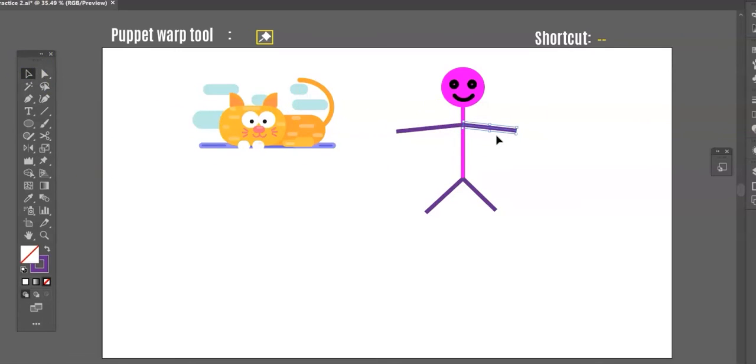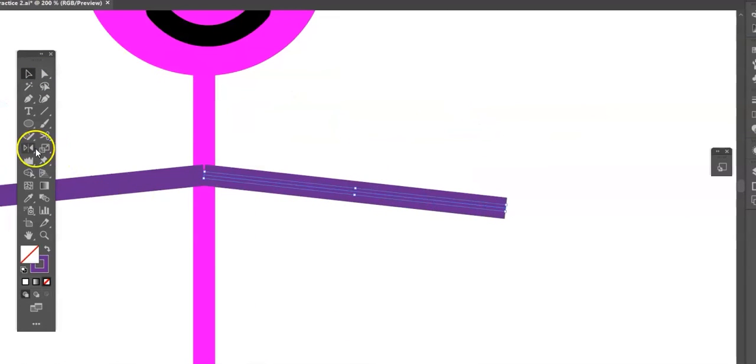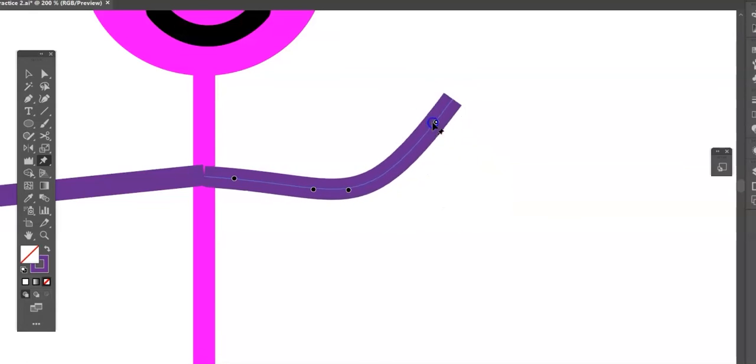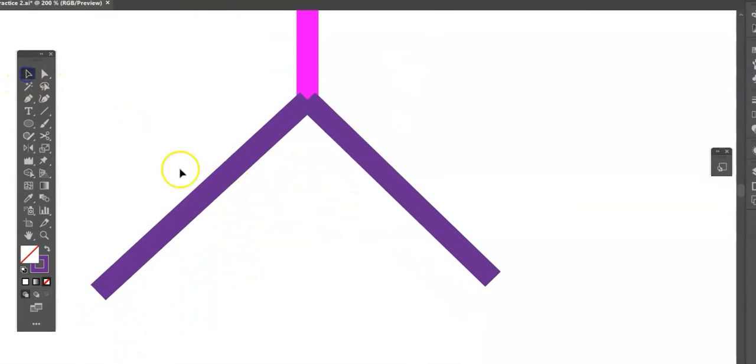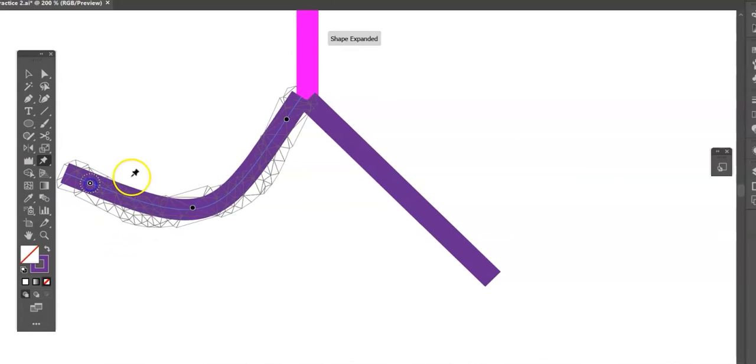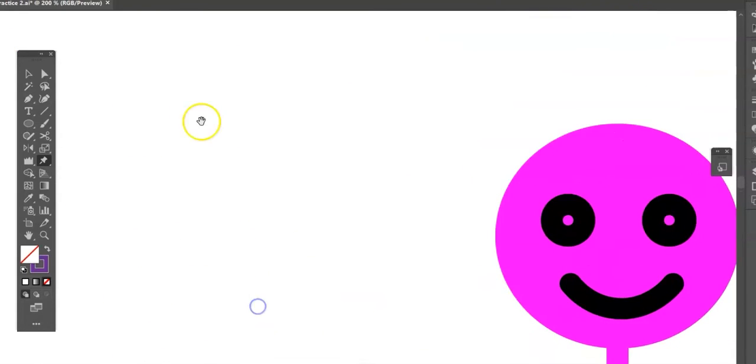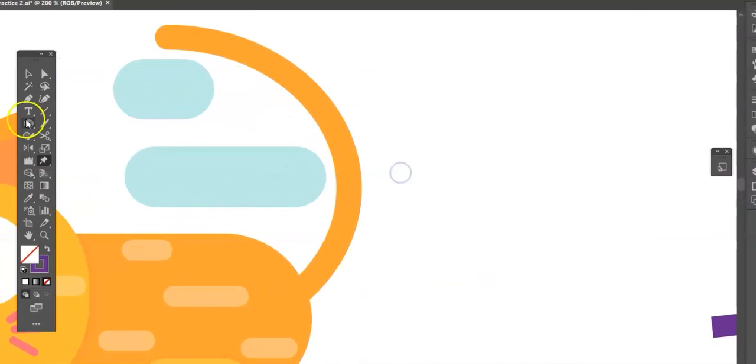Use it to make this guy dance, run, bend, and so on. Let's select his hand and pin the points, the anchor points. Then click and drag. Do the same on his leg. Then on the caster,